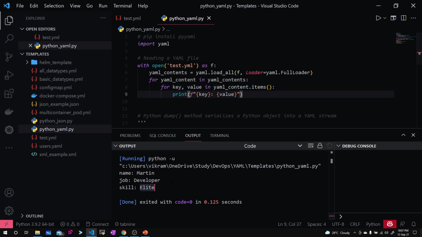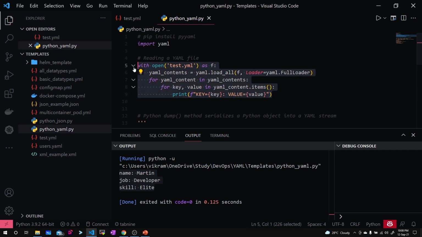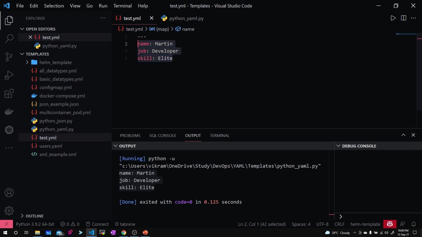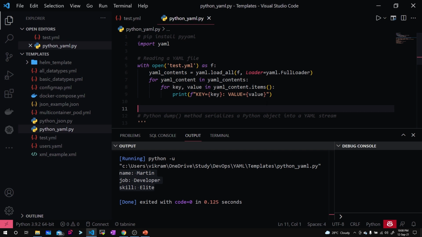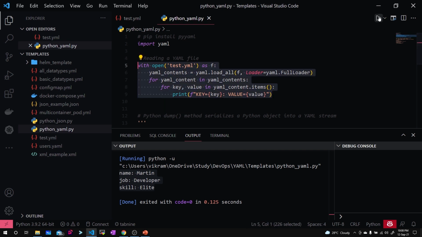So if you're still not sure whether it is printing correctly, what I'll do is mention some strings over here, key equal to key, and then value equal to value. Just to show whether my program is parsing or directly printing what it is being read. Okay, in order to clear that confusion, I have slightly changed the print statements, and again I'll click